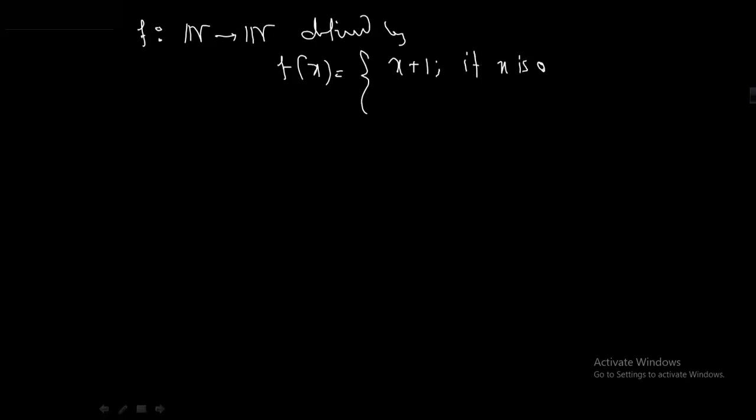আচ্ছা এখানে একটা ফাংশন বলেছে f is defined from the set of naturals to the set of naturals by fx is equal to x plus 1 if x is odd and x minus 1 if x is even. আচ্ছা to check whether this function is onto or not. আচ্ছা onto চেক করার জন্য কি করতে হবে, কোডোমেইন থেকে যে কোনো একটা আরবিটারি এলিমেন্ট চুজ করতে হবে।